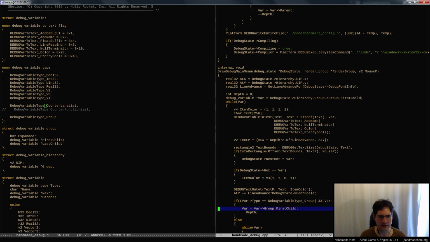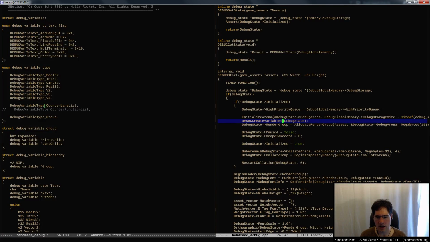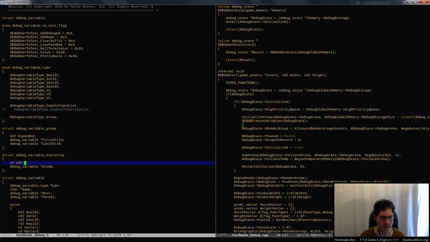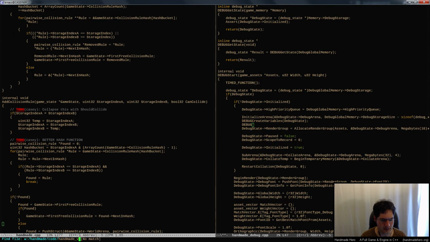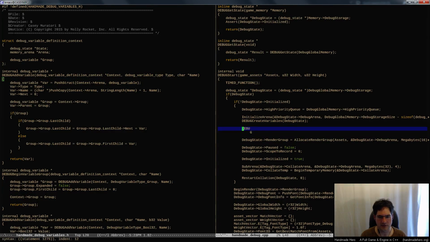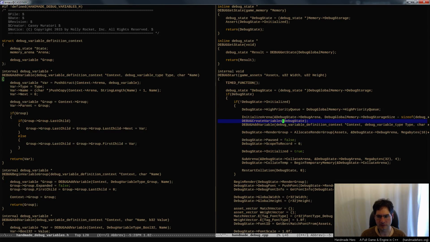So if I wanted to do something like that, then what I can do is, when we do the create variables, right, after we do debug create variables, we can also take those variables and create some additional, we kind of append to the group that we started with, right? So I could do something where we do that add variable thing. Where is that guy? Handmade debug variables. Yeah. So where we do a debug add variable, right? I could just, at the end of this guy, postpend something